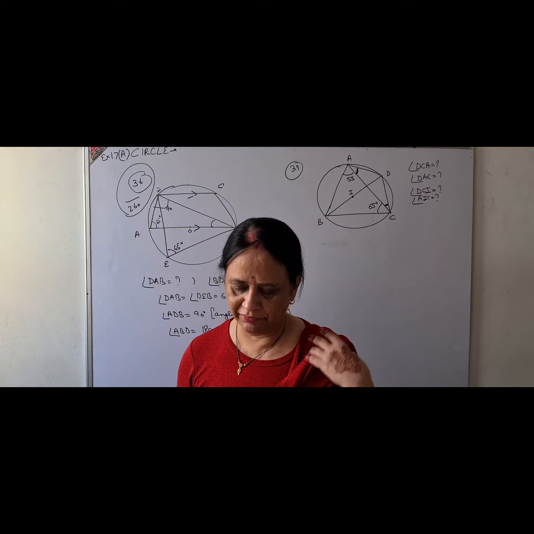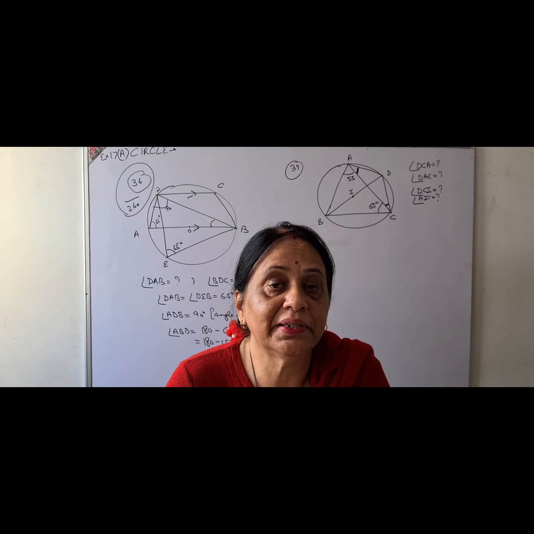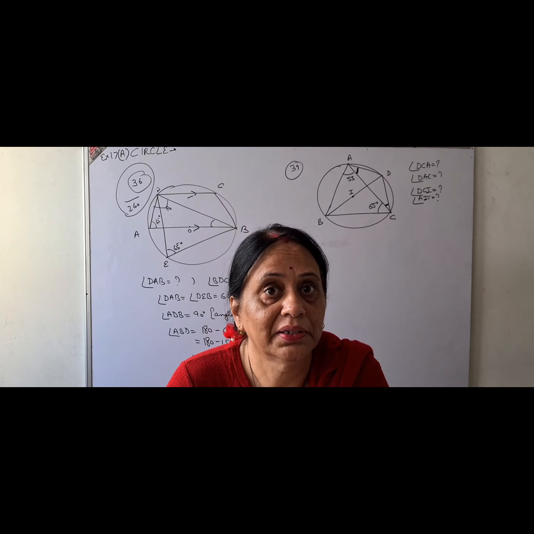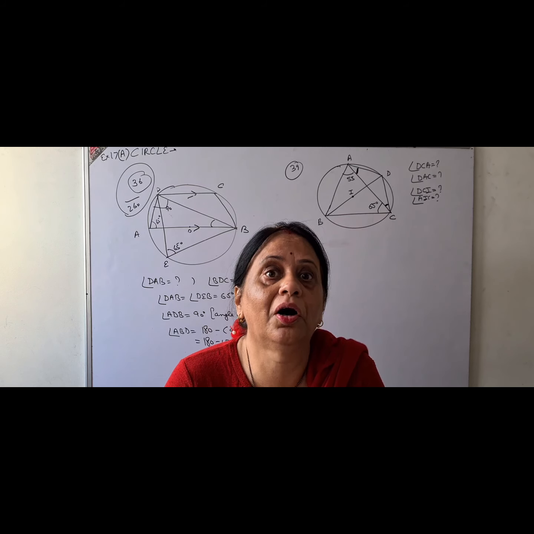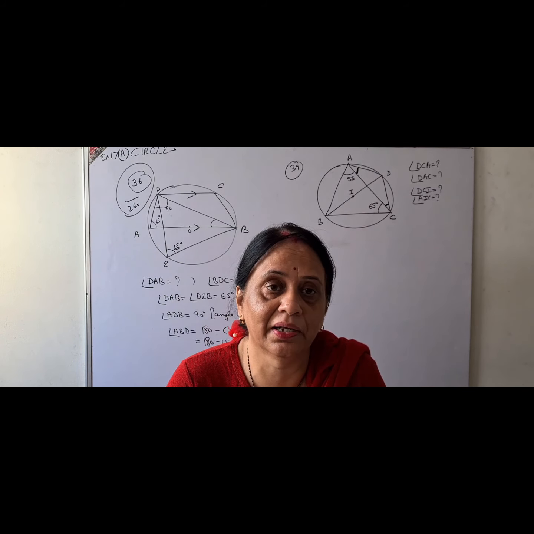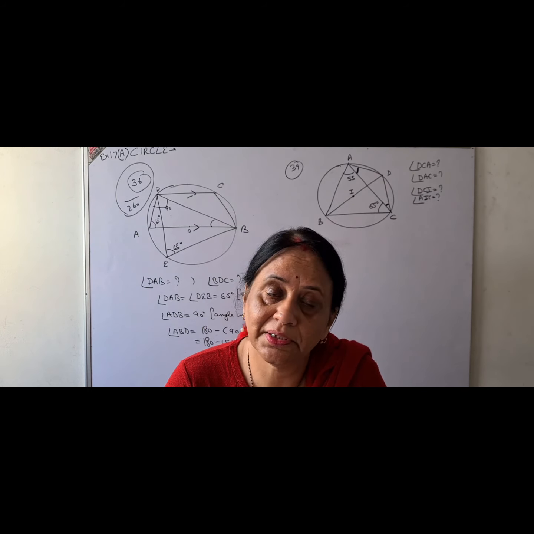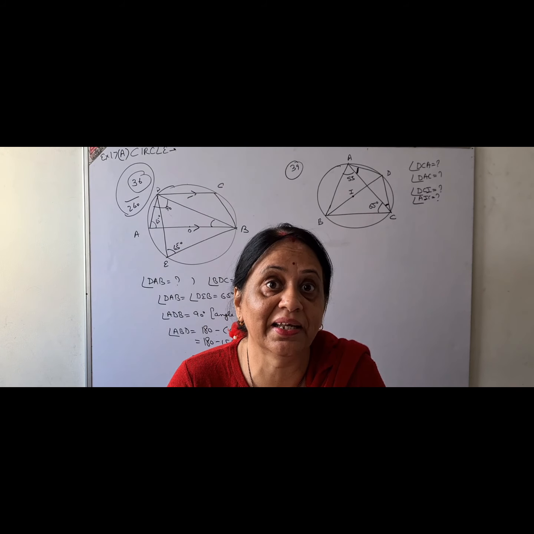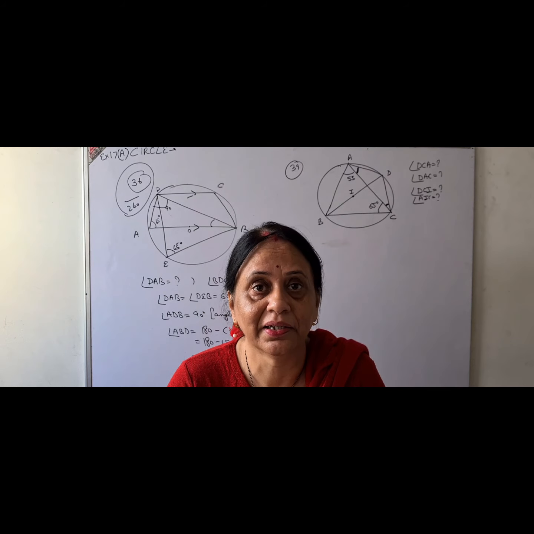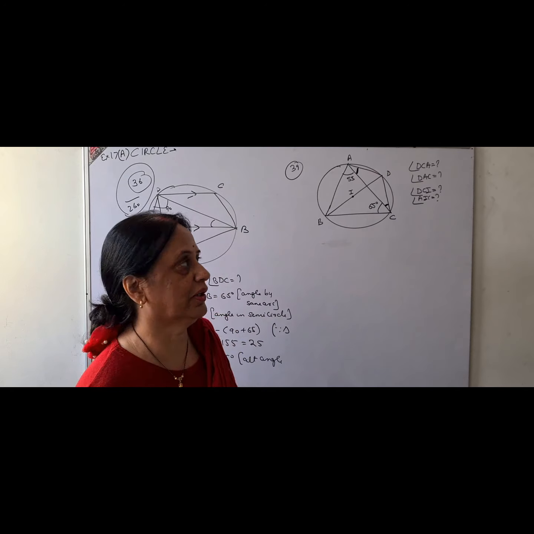In this question they have given that I is the incenter of triangle ABC, and children, incenter means it is not the center of the circle. That refers to the fact that you will not use the center result in this question, that the angle at the center is twice that at the circumference made by the same arc. This is applicable only when it is given that I is the center, but they have said I is the incenter. So that result we cannot use.